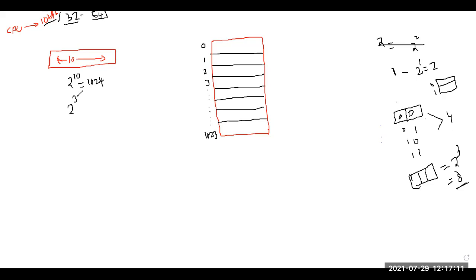Locations will be 2 to the power of 32, which will be your 2 to the power of 2 into 2 to the power of 30. Now this will be 4. This 2 to the power of 30 I can say will be 1 giga. So it will support 4 giga locations. Fine. If it is 64 bit, we can imagine how many locations it can support. It is going to support 2 to the power of 64 locations. Fine. We are not talking about memory now. We are only talking about how many locations are supported.